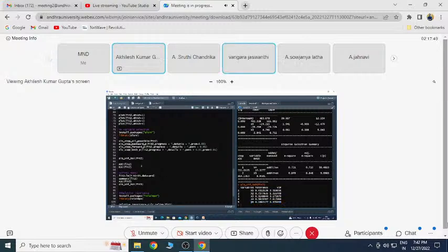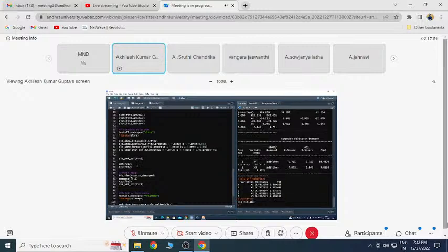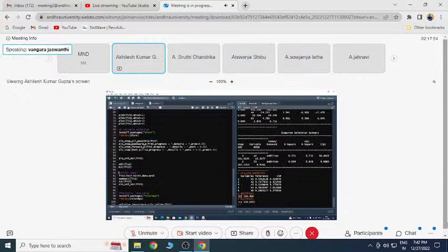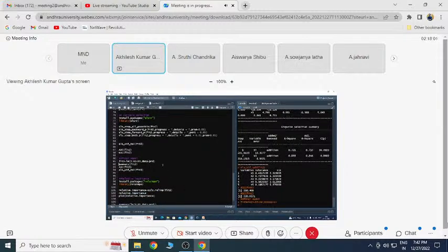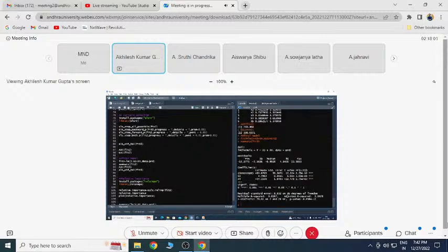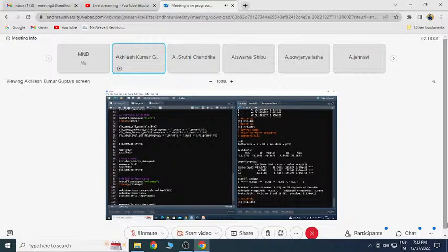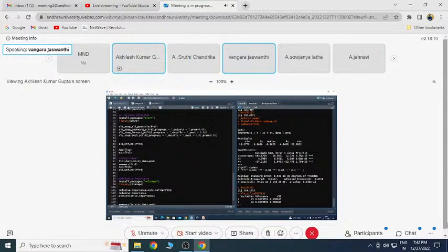Then you can also get your AIC and BIC values. These are model diagnostic values. The lesser they are, the better. So our final model is y followed by x3 and x4. We got our analysis and the result. Then AIC, and here you can see the VIF value is close to 1. If it is close to 1, there is no multicollinearity, right? So this is our very good model. We got the final model. This R square is good, adjusted R square is good, VIF is good, no problem.